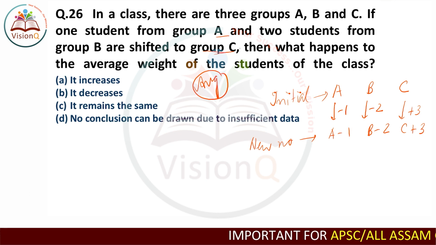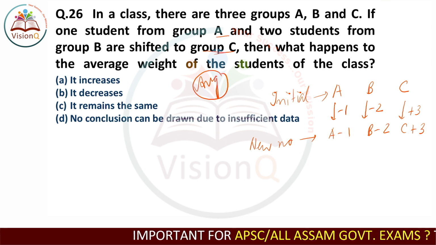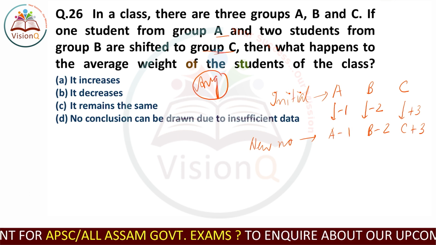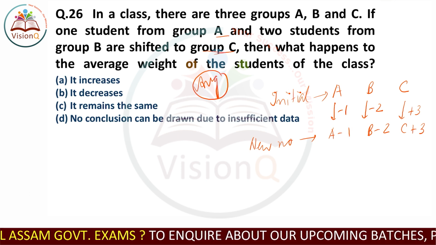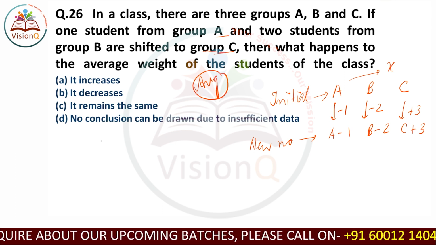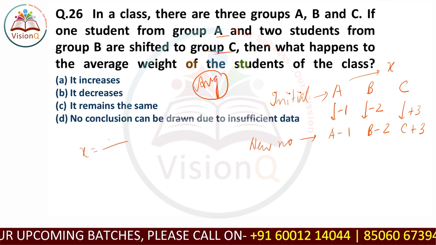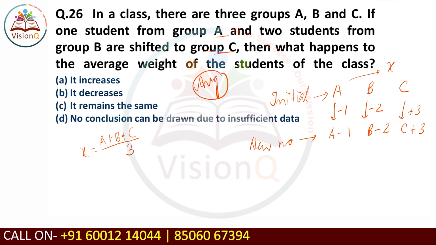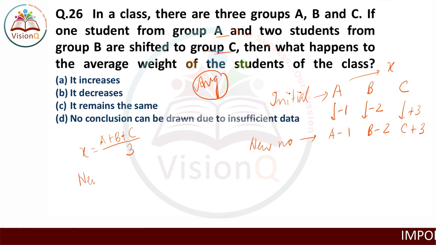Now it is asked to find out the average of the students now. What happens to the average weight of the students of the class? So if I take the initial average of these groups as X, now X will be nothing but what? A plus B plus C by 3, because X was the average of A, B and C. Now if I find out the new average